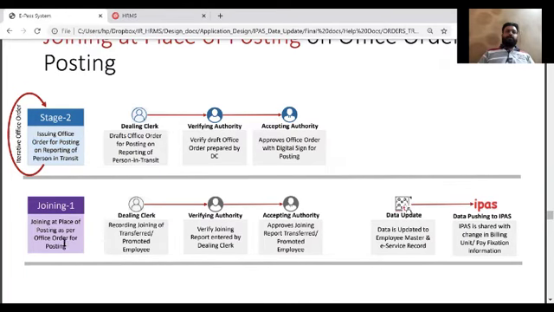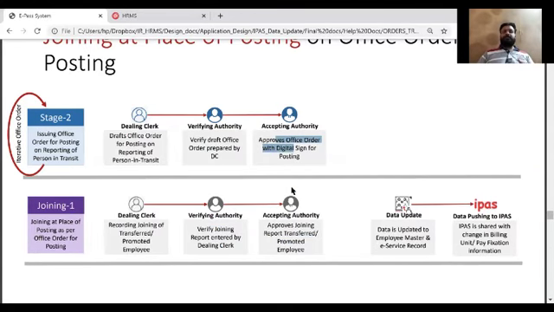We'll go to the next stage, that is joining information capturing. In case of promotion or within unit transfer, we'll directly capture information in this stage, and it will again be 3-layered information. For transfer outside the unit, the other unit will issue a posting information. Once the posting office order is issued, then again this stage will happen. It will take place, and the joining information of that officer or employee at another unit will be captured, and it will again be a 3-layer process. So stage 2 office order will go through the dealing clerk, verification and accepting authority. We'll go through all these stages.